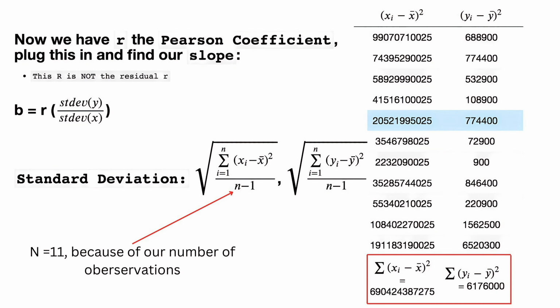And you'll do the same thing for y. The great thing is we have our table, so we can go to the table portion, which were the last two columns that we had, and we have the summation of each of these, which makes everything better. We just plug and play. So you just take the sum of squares of x, we have that calculated, and then we have 11 observations or 11 rows minus 1, and do the square root, and we found the slope. Now we just need to plug in the values for the x and y sum of squares, and then the number of observations, calculate the standard deviation, and then we'll do the Pearson's coefficient multiplied by y standard deviation divided by x standard deviation. We end up with the slope equaling